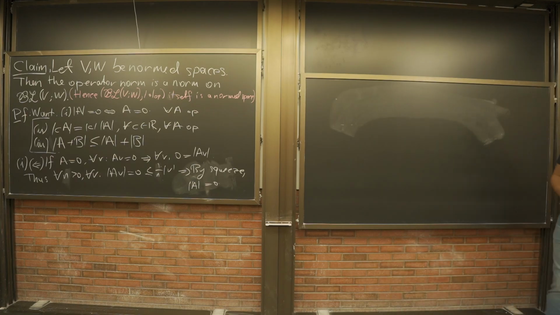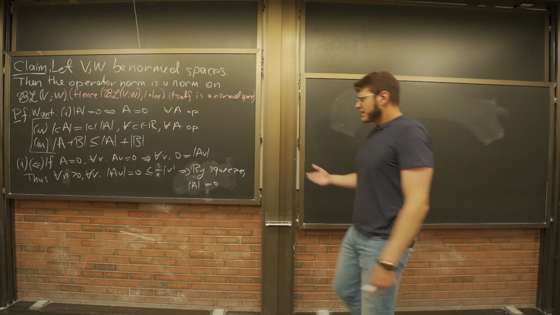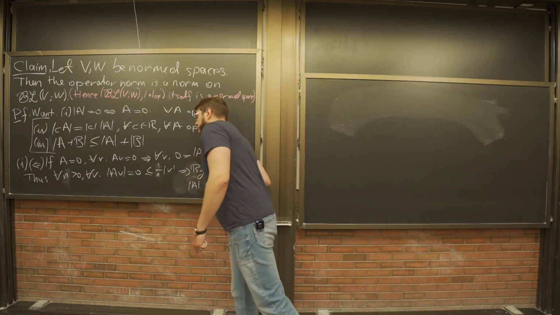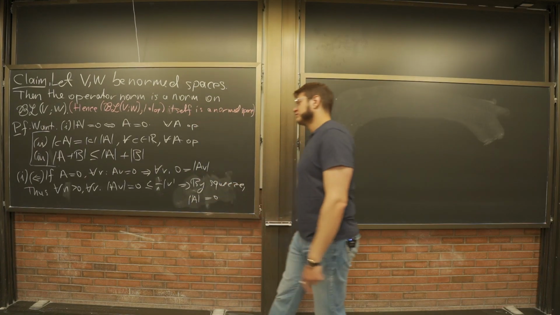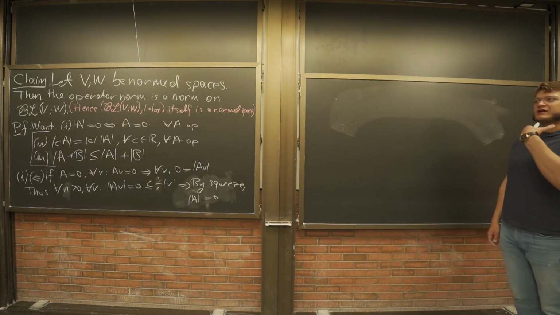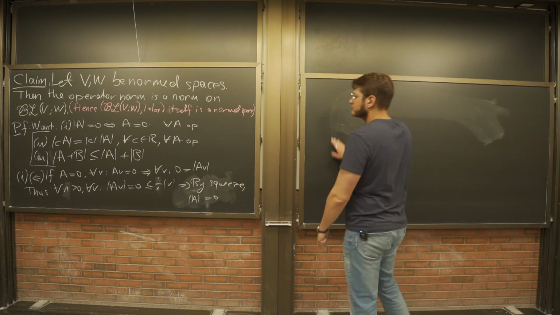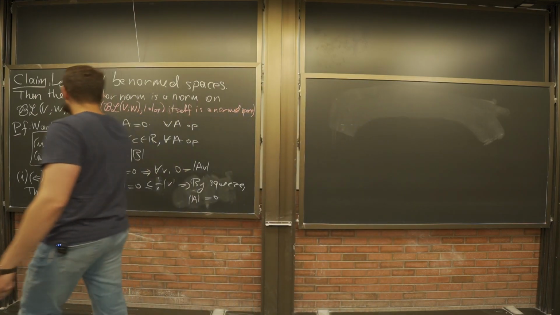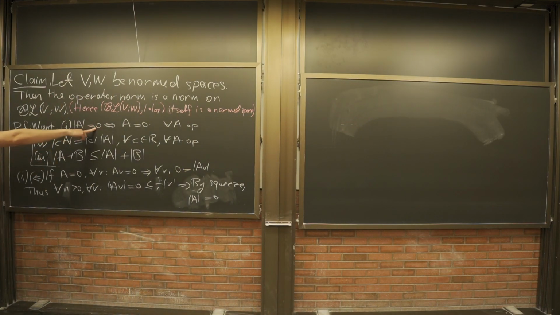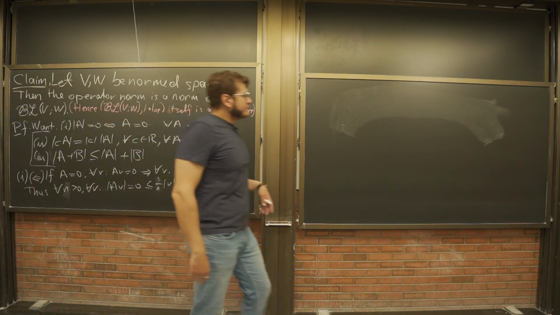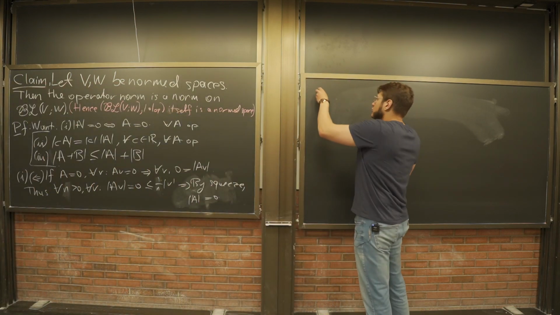Now, this is a class in analysis, and we're going to keep doing arguments like this throughout the class. This is a simple instance of that. So this is one side. How do I go the other way around? Now, I'm assuming that I have an operator whose norm is 0. Then I want to conclude that the operator itself is the zero operator, really. So in this direction,